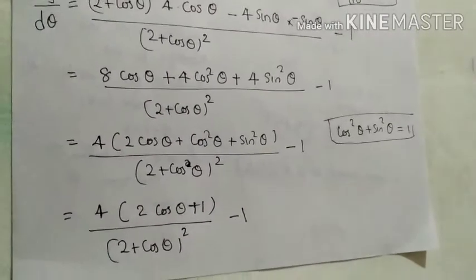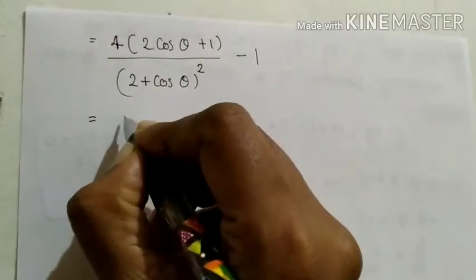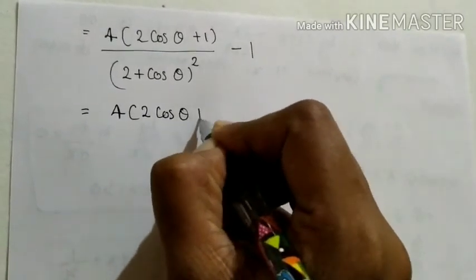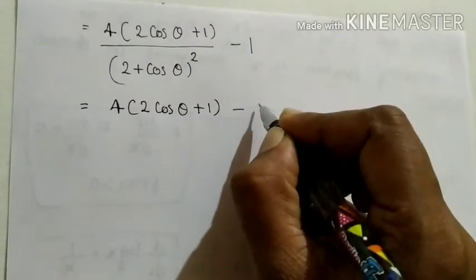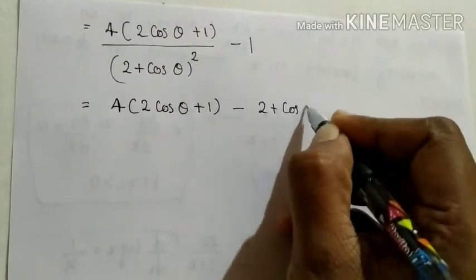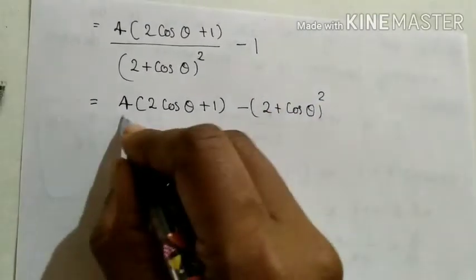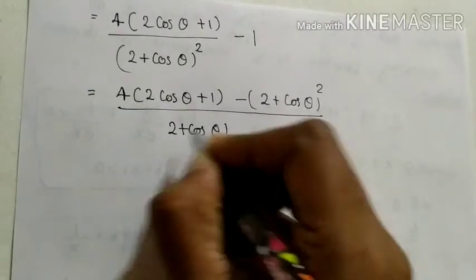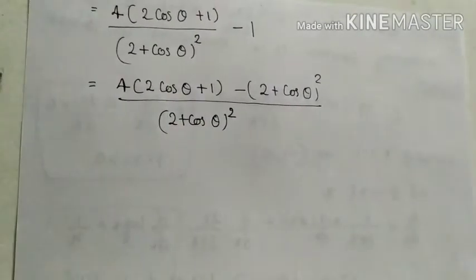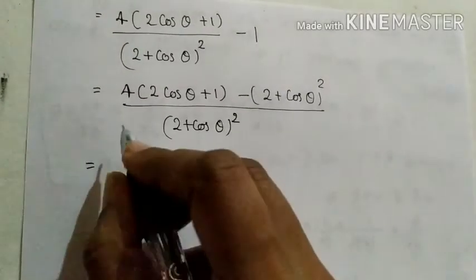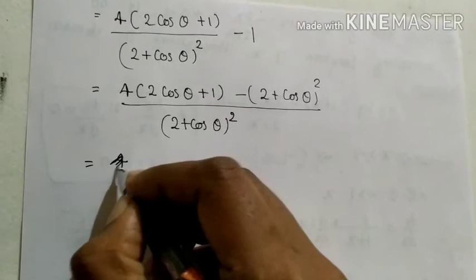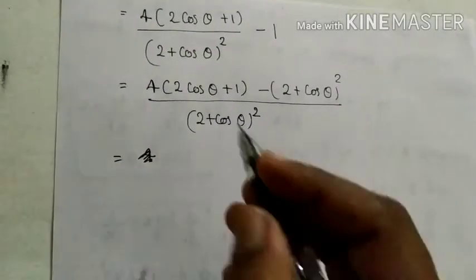We get 4 into 2 cos theta plus 1 minus 2 plus cos theta the whole square, whole divided by 2 plus cos theta whole square, equal to 4 into, I'm going to open this bracket, we get